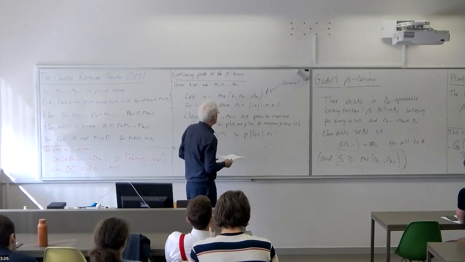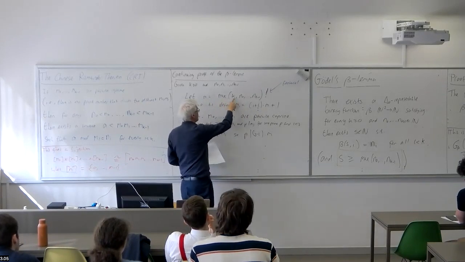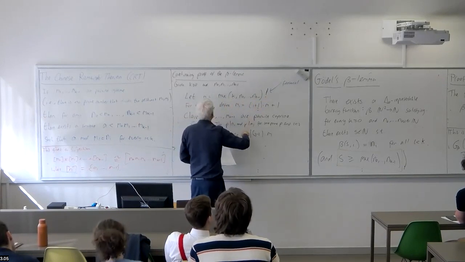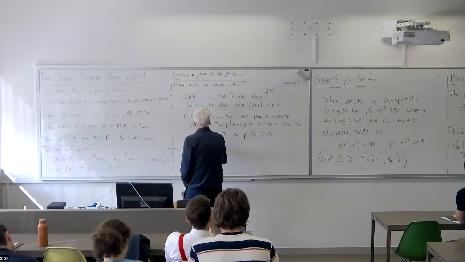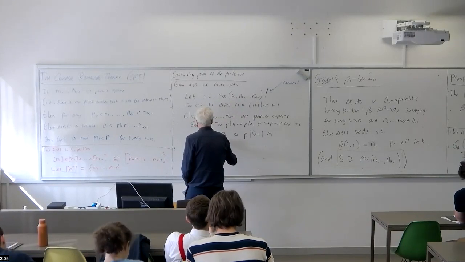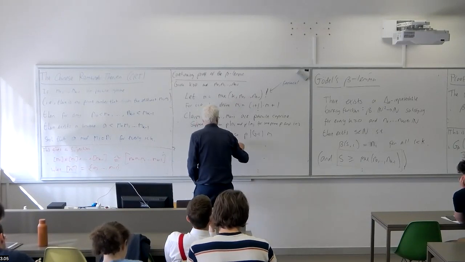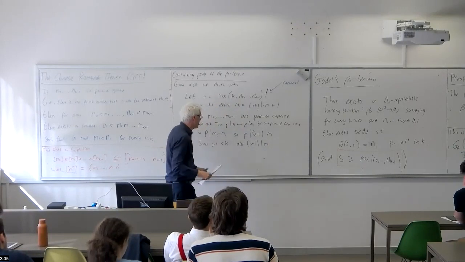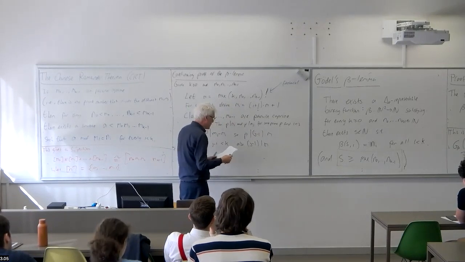But also, j minus i divides m, because j is less than or equal to k, and k is less than or equal to the number we were factorialing, so all numbers up to the maximum divide m. So since j minus i is less than k, j minus i divides m. But p divides j minus i times m and j minus i divides m. That means that p divides m.